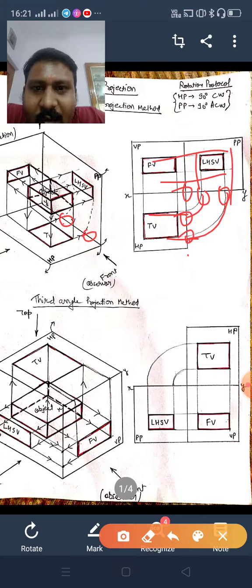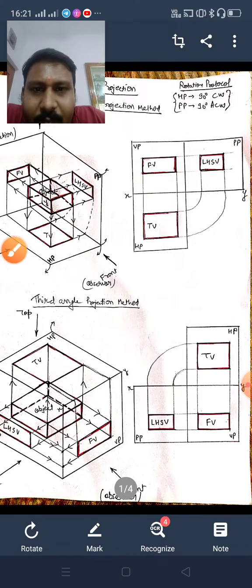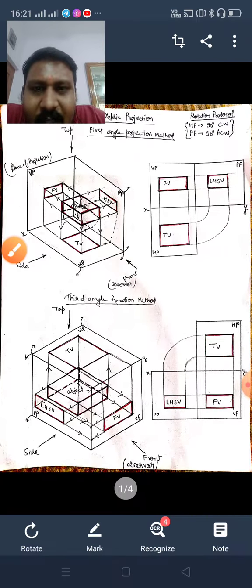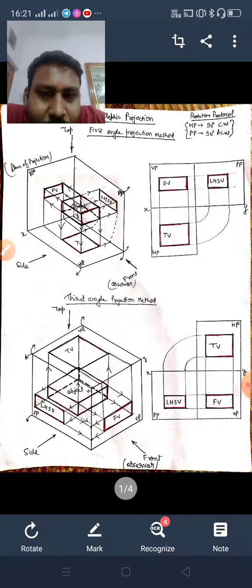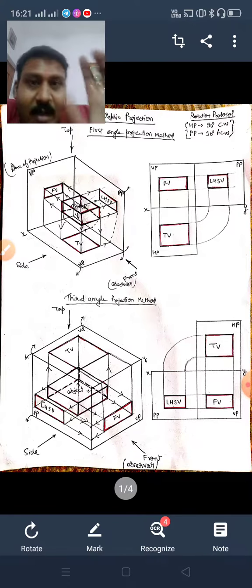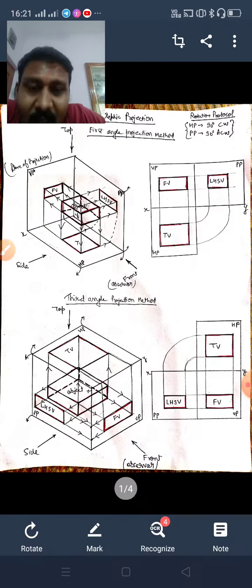So see here, we are observing the left hand side view. Since this is the front view, you are seeing the side view from here, the left hand side view. So this left hand side view is drawn on the right side. Okay, just be clear, in the first quadrant, you are watching from left, but the side view you are drawing on the right hand side. So this is the difference between first angle and third angle. In third angle, if you are seeing the left hand side view, then you have to draw it on the left hand side only. Okay, I will be explaining later on.